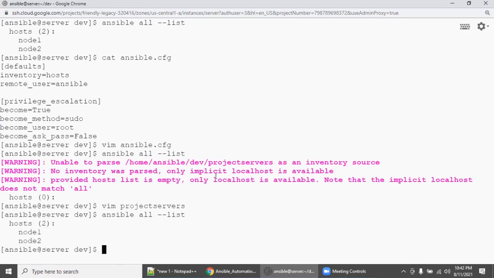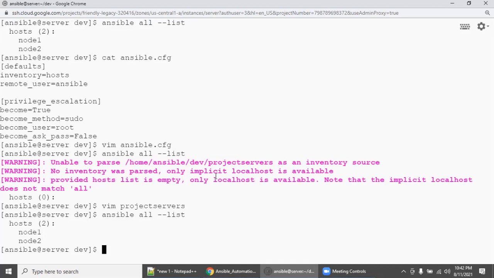Why? Because Ansible will always refer to ansible.cfg. That is why, when you want to create multiple environments, you need not create multiple Ansible servers. You create multiple directories, one for each environment name or each project name. Each project should have its own ansible.cfg, and the ansible.cfg should reference the relevant inventory files, right? So now we are able to create this.